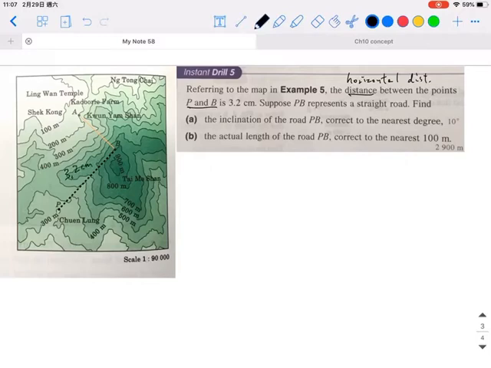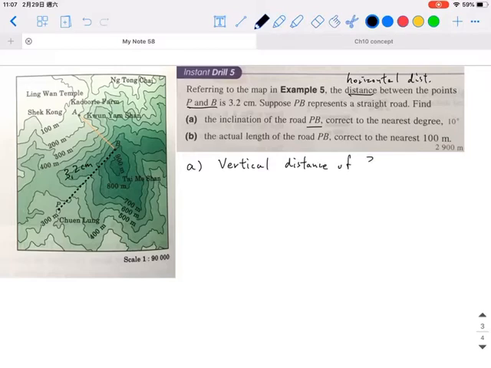That is the measured distance, so we need to find the actual distance. Suppose PB represents a straight road. Find the inclination of PB. So for part A, we need to find the vertical distance